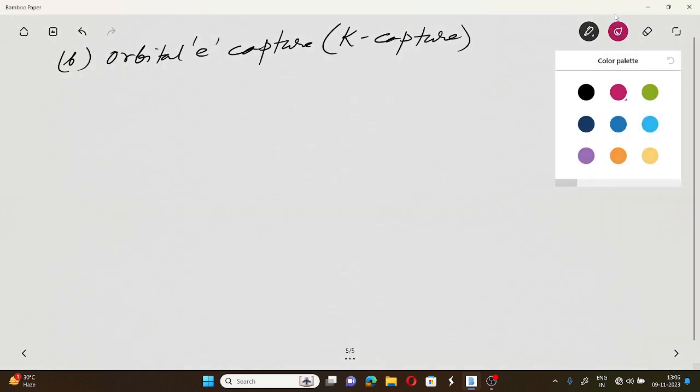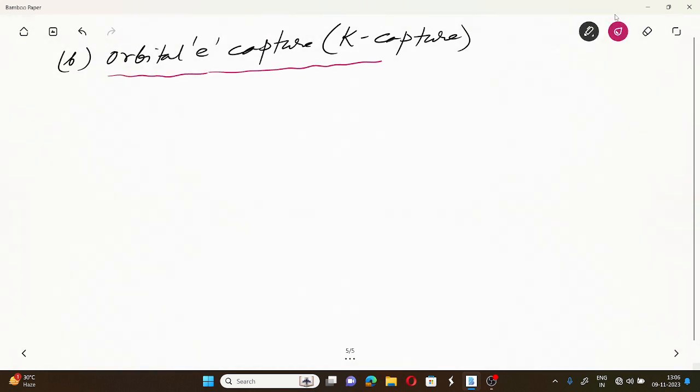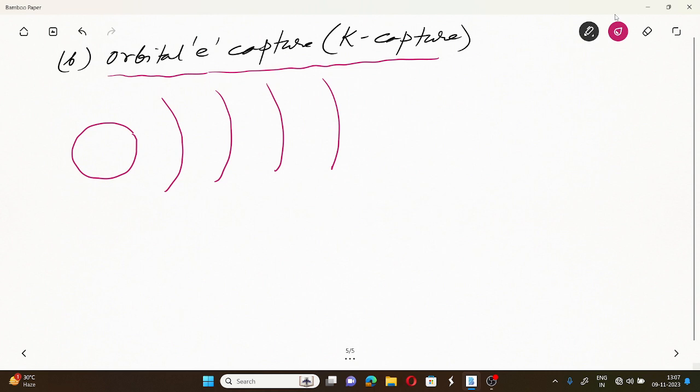So what is this? So this is something different. Suppose you consider the nucleus, okay, and these are the orbits. যেটাকে আমরা ধরো K শেল বলছি, K L M N, ঠিক আছে, ফিজিক্সে এরকম বলা হয়।